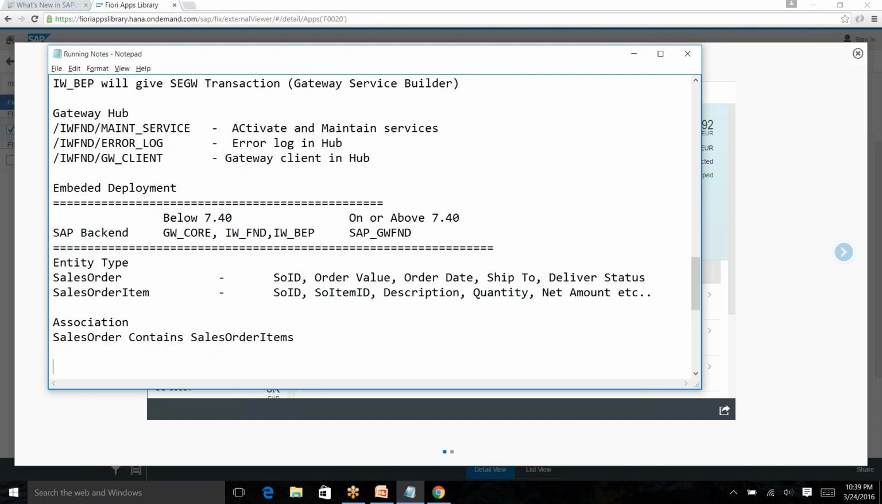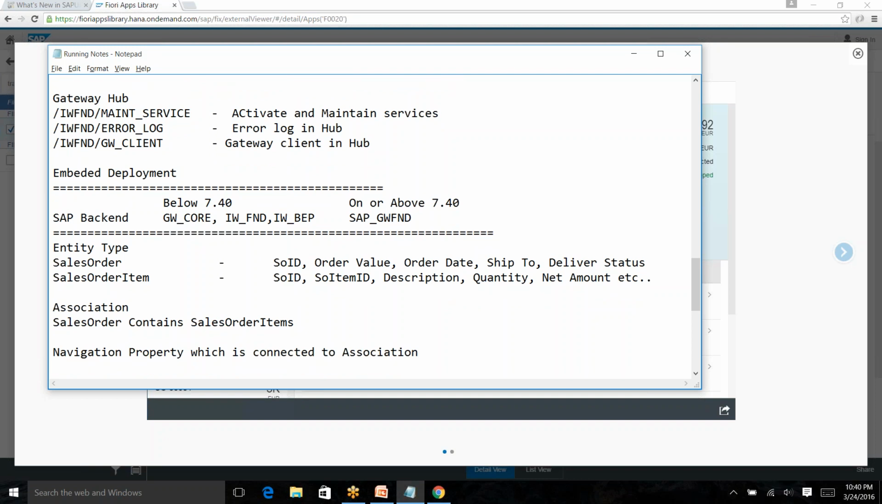Okay, basically whenever I create an association, you will have a navigation property, which is connected to the association. Let's say when I create an association between sales order and sales order items, then I will create a navigation property. I'm